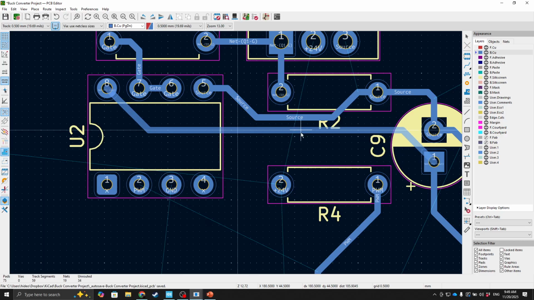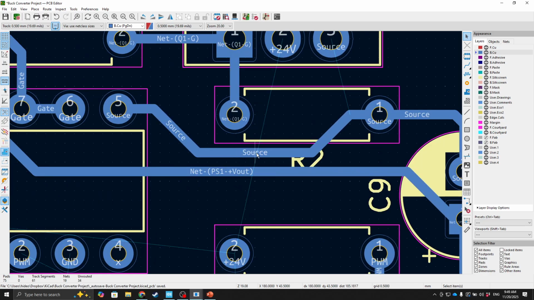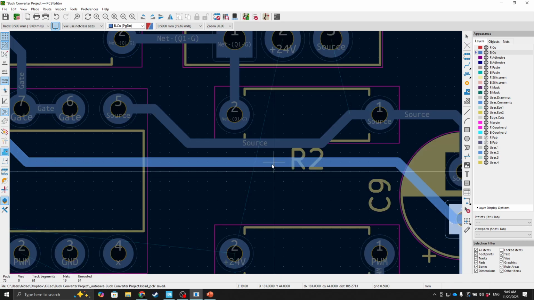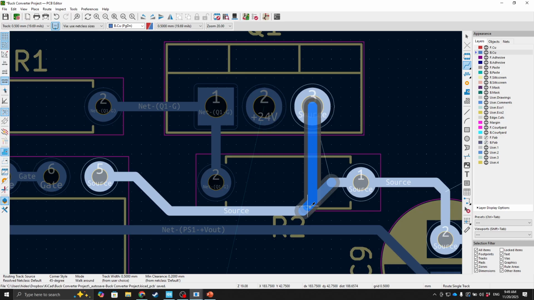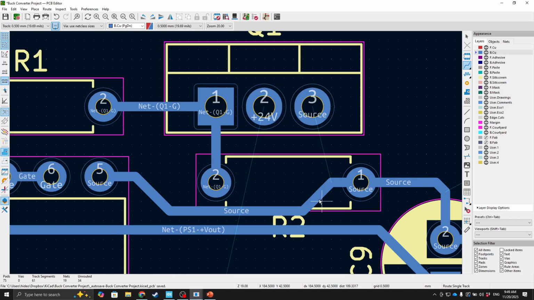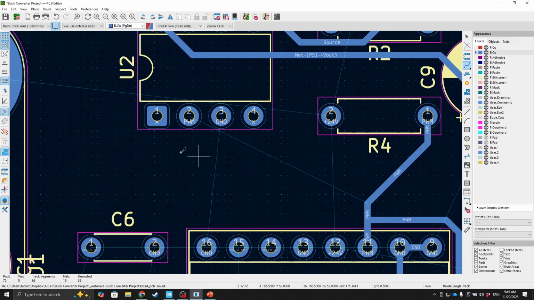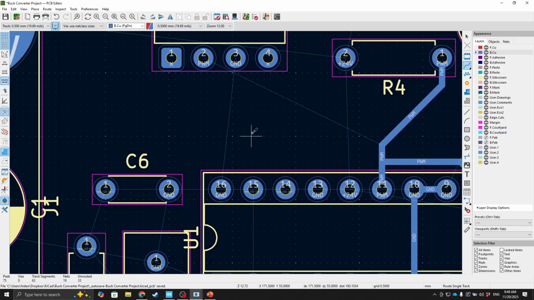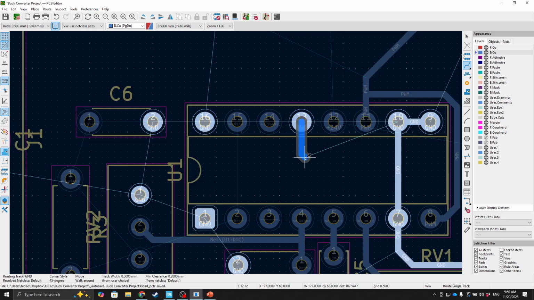Move it a bit. So like this. Then this one, I will, yeah, like that. And then another ground, we can